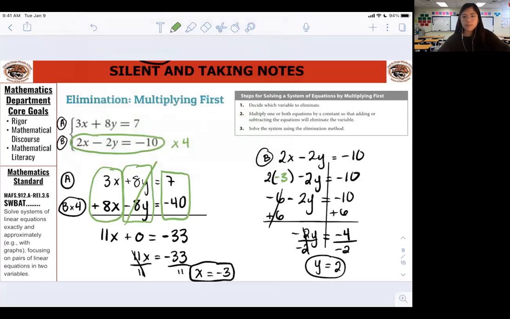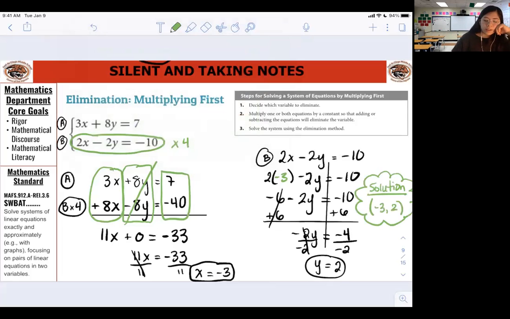Solution? Negative 3, comma 2. So, okay, good. Remember, it's x and then y. So it would be negative 3, comma 2. That's it. So even though we have to add an extra step,